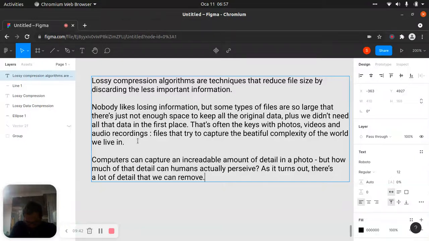Yeah, really, we can. Lossy compression algorithms are